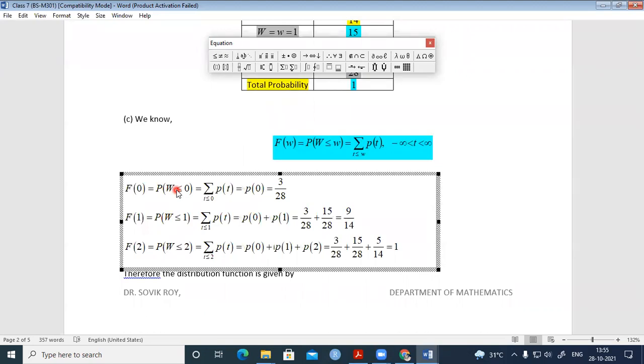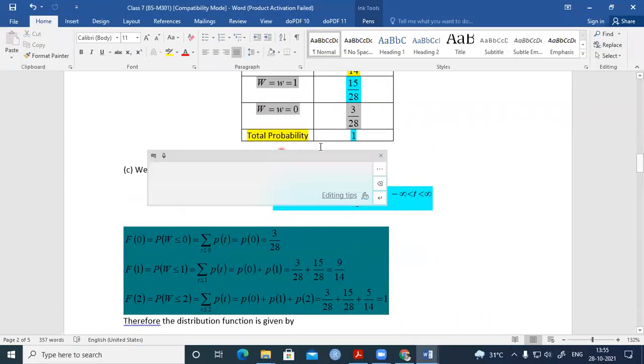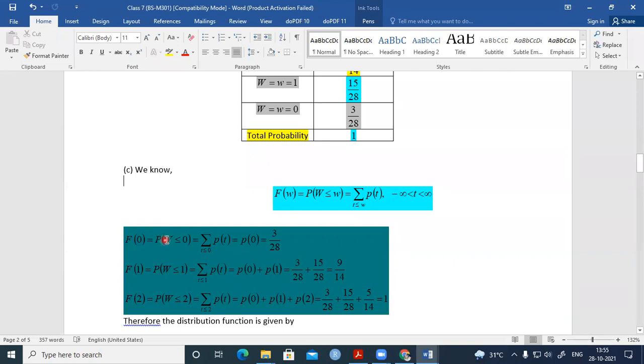Okay. Now, since our random variable is W, if I consider F0, if I put w equal to 0, that means the probability of W becomes the probability of W less than or equal to 0. By definition, just try to correlate the two things. What is the definition? The definition is the summation over t less than or equal to w of P(t). Now, since my small w is 0, I'm writing the summation over t less than or equal to 0